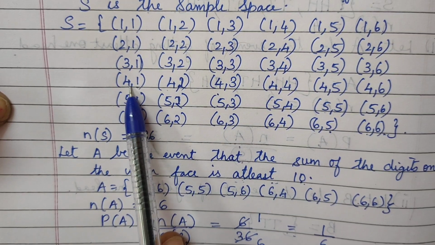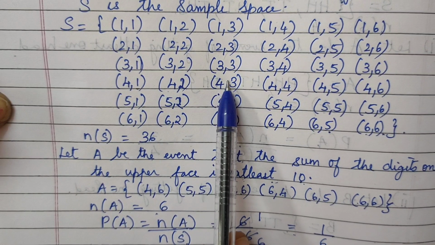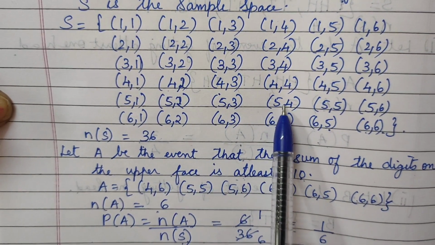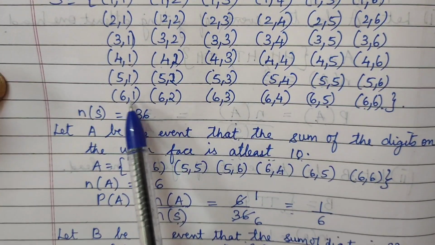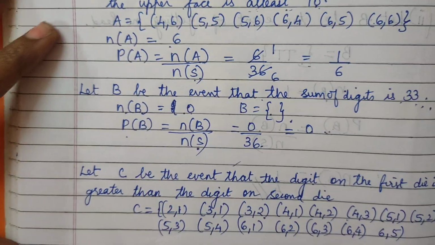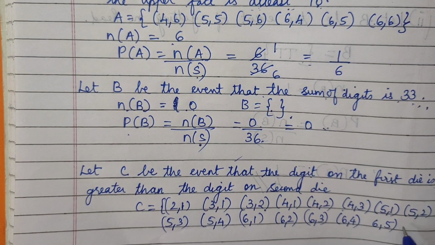Here also it is bigger. So 1, 2, 3: here we had 1, 1; 2, 1; and 3, 1 has come. Here also 5, 1; 5, 2; 5, 3 and 5, 4. Similarly, if we go for this also, you can write 6, 5. I'll write it now. So I have written all where the first die is greater than the second one. I have listed them out. Now close the curly brackets.